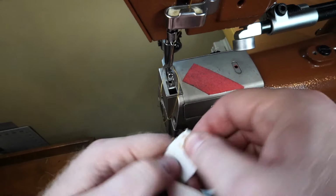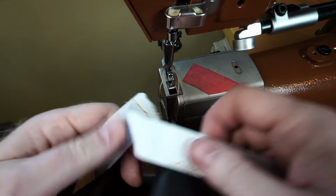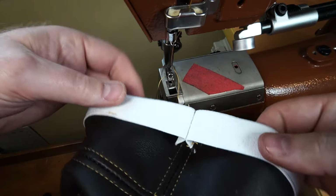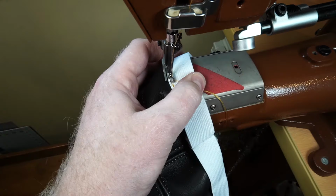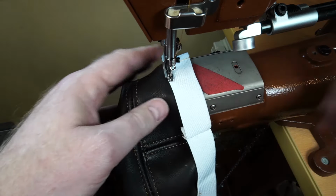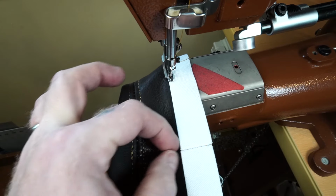Alright, I added a stitch closer, and then I stripped the back one out. You might want to tap that with a lighter so it doesn't fray. But you can see I have to have a little bit of a stretch for it to get to that size. But that's what I want. So now what you're going to do is just stretch this out till it gets to the length of the cap,